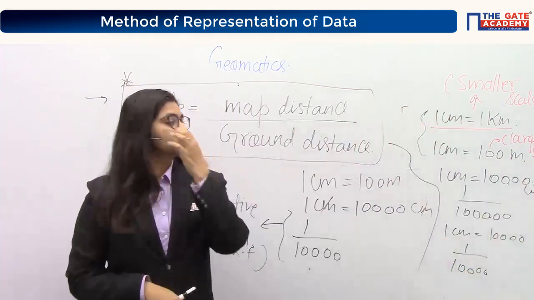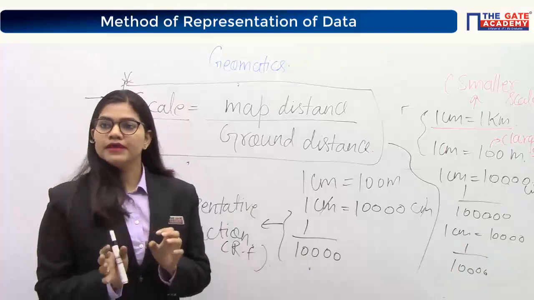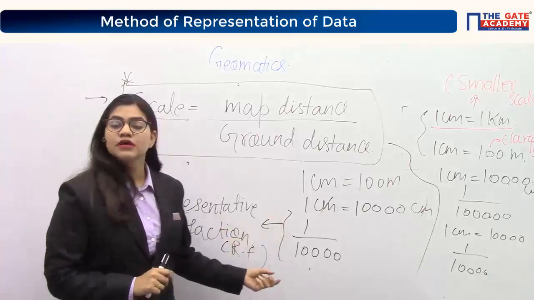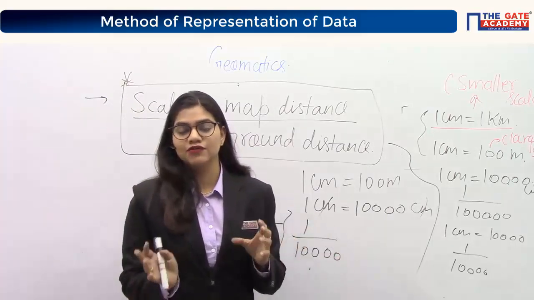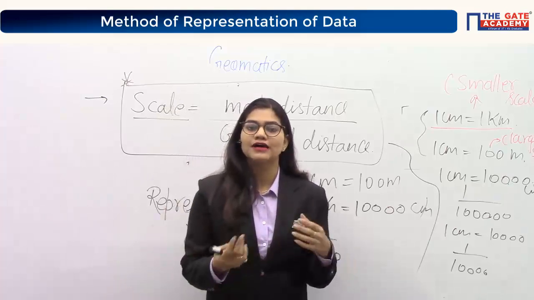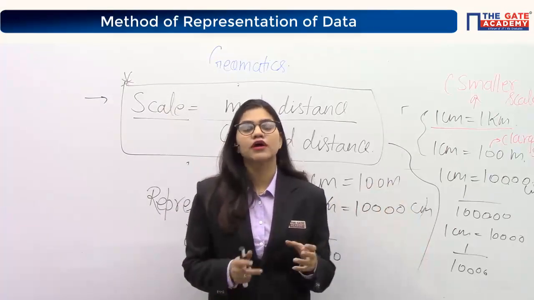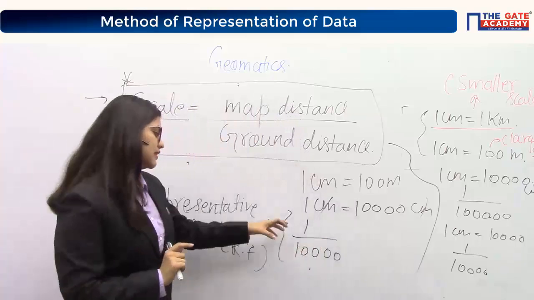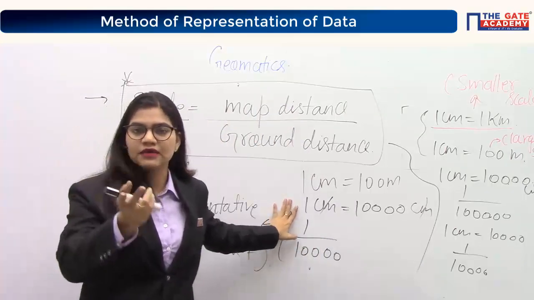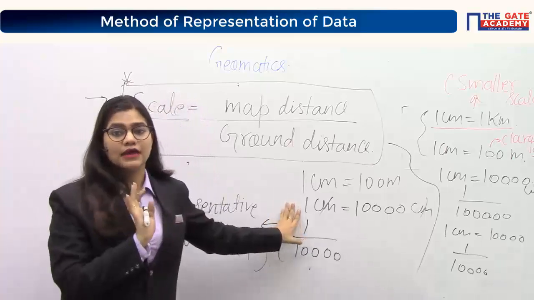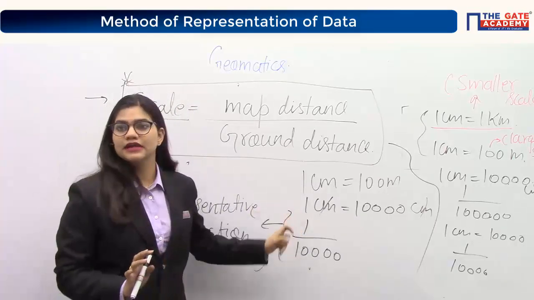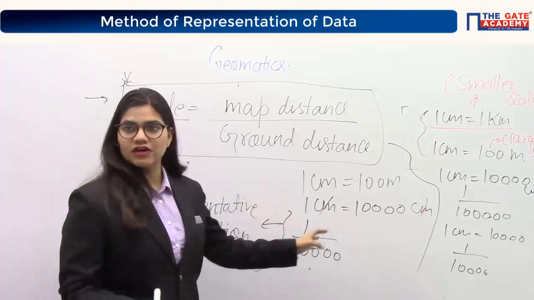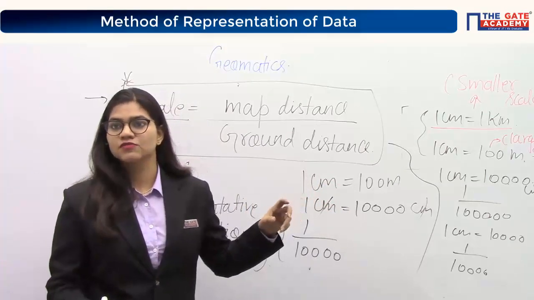Clear? So whenever you have this kind of doubt, please go for RF because this type of question also comes in your exam. In that he will give you 4 options, and in those 4 options he will ask you which scale is smaller or which scale is larger. So you can understand that. If you can visualize by seeing this, then it's okay. If you are not able to visualize, then don't miss your marks. Just go by representative fraction only. Is it clear? You will be able to do these kinds of questions. Which scale is larger or which scale is smaller?